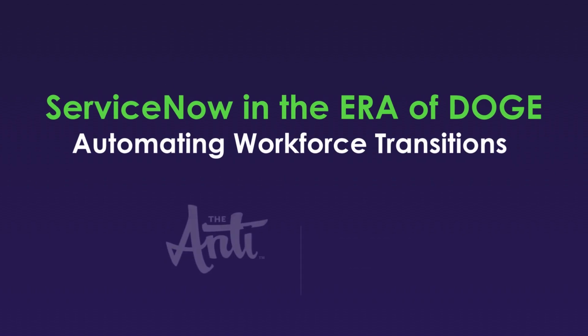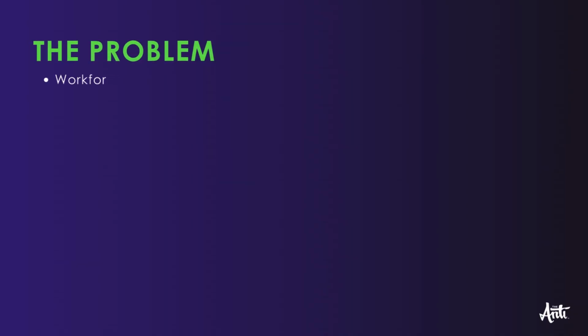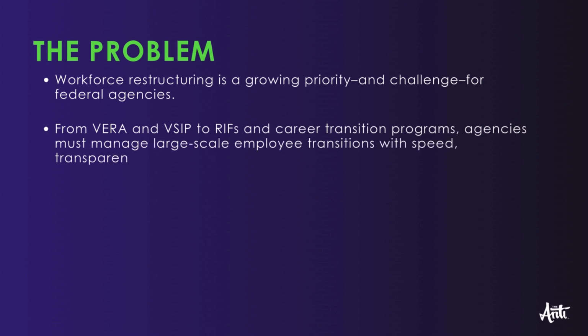In the era of DOGE, federal agencies are leveraging ServiceNow to automate workforce transitions. The problem is clear. Workforce restructuring is a growing priority and challenge for federal agencies. From VERA and VSIP to RIFs and career transition programs, agencies must manage large-scale employee transitions with speed, transparency, and